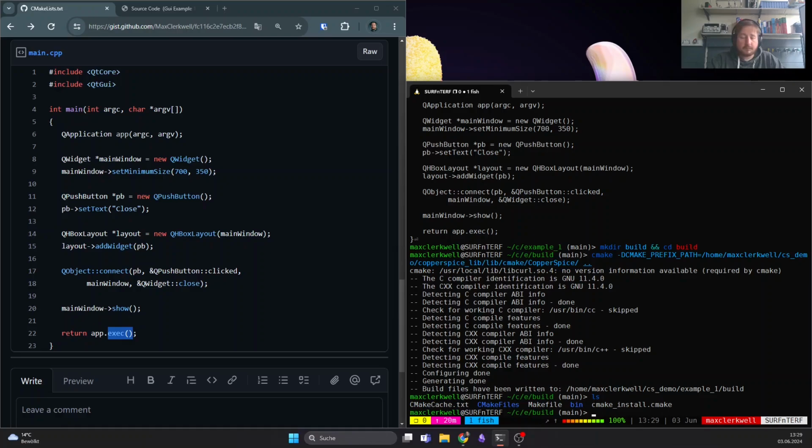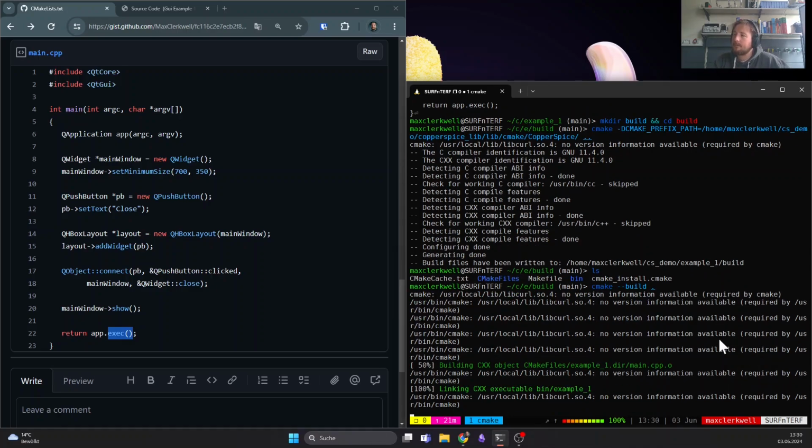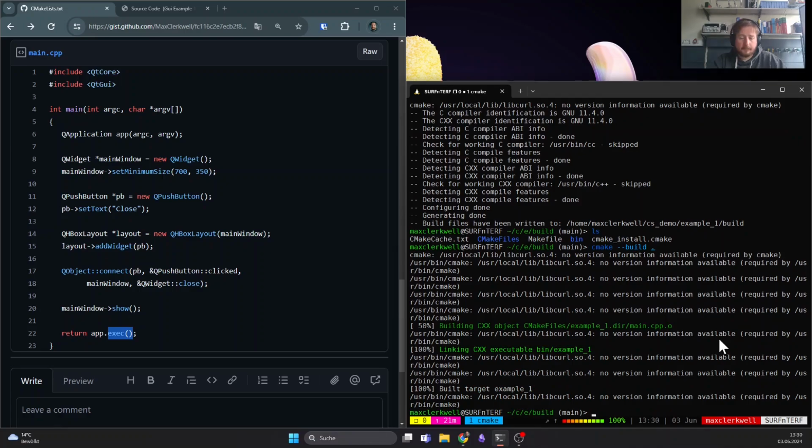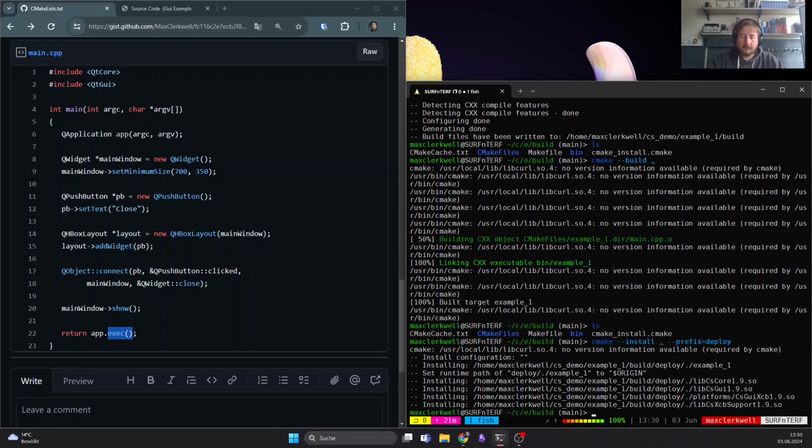Let's see what we have here. Now the build system is configured. We want to run cmake --build, and our build files are now in our current directory. That's why we use the single dot. Building, well, takes a little while. It doesn't take as long as the kitchen sink example, obviously, because it's not that huge of a project. Now we have this bin directory, and we can run cmake --install . --prefix deploy to build our final